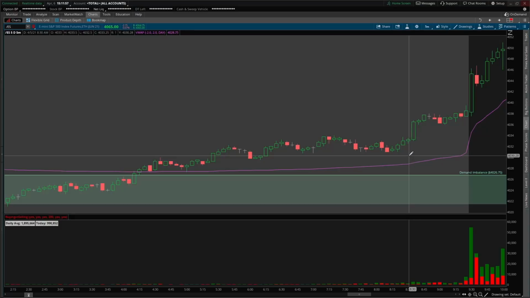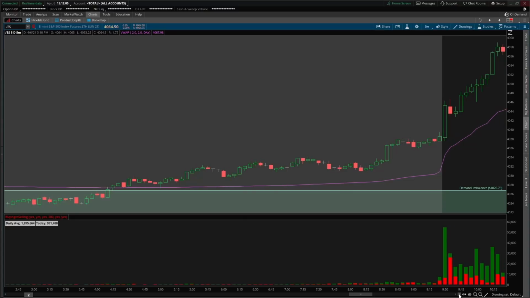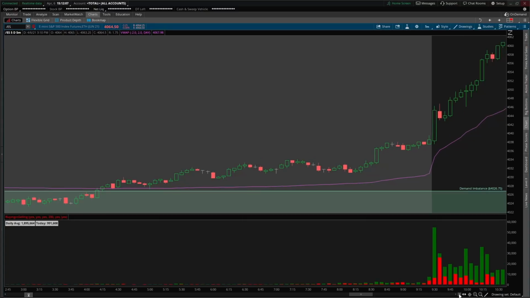And at all-time highs, it's kind of tougher because we don't have supply and we're gapping up away from demand. So yes, the market did rally and there really were not any setups on this. We did not balance out. We didn't have one point where there was an equilibrium between buyers and sellers that we could have speculated that new demand was going to form. We just rallied to the upside.